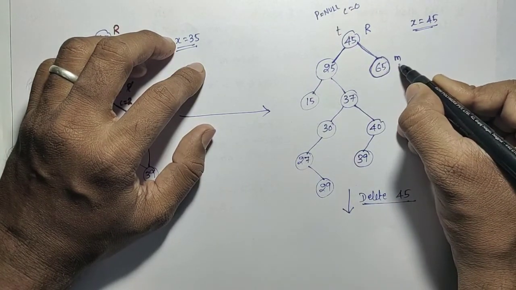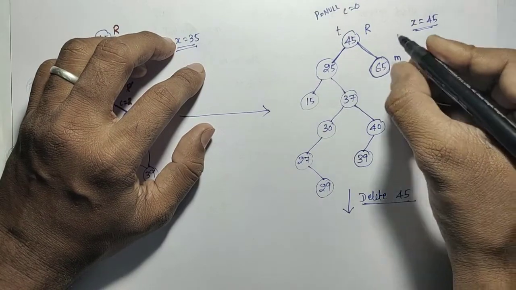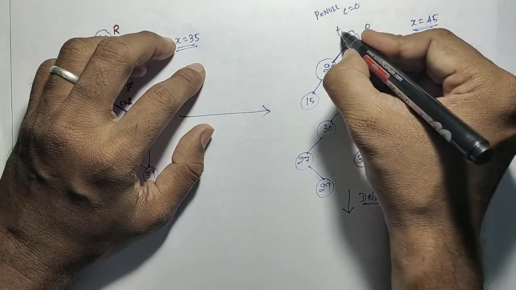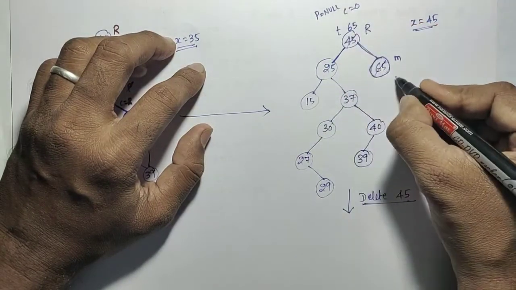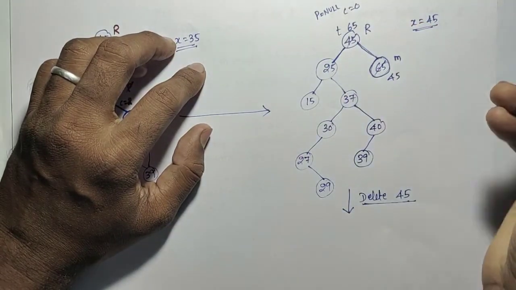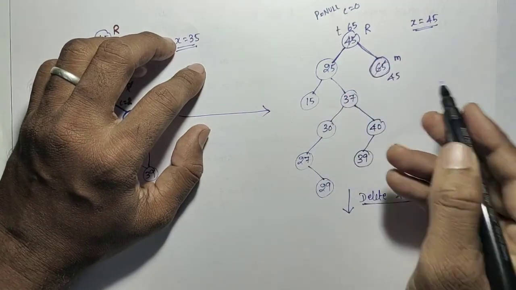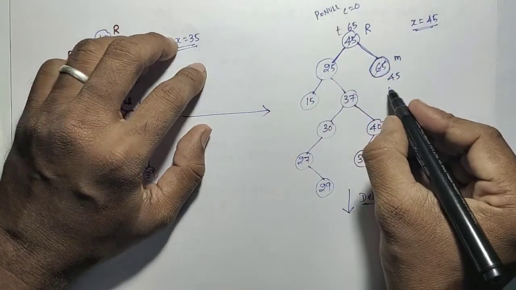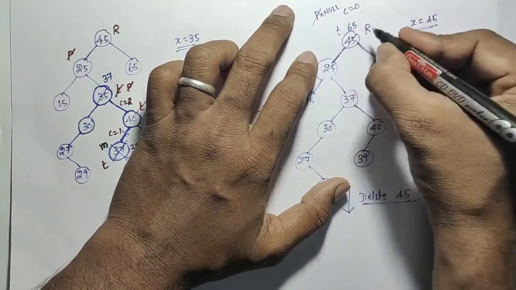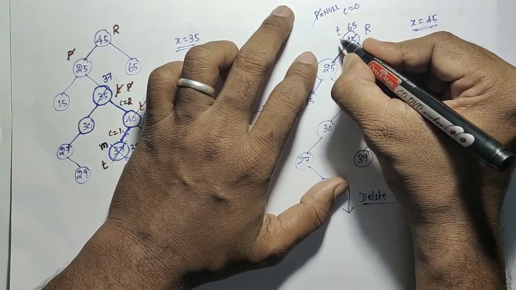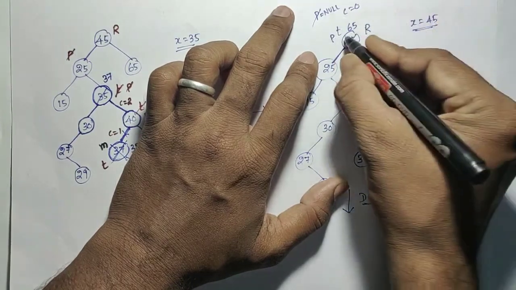So this will finally be identified as m. So the t of data and m of data will be swapped. So this 65 will come here and 45 will go to this position. So still the element is not deleted, only swapped. After that, the current t will become p. So this will become the p, and t will be moved to